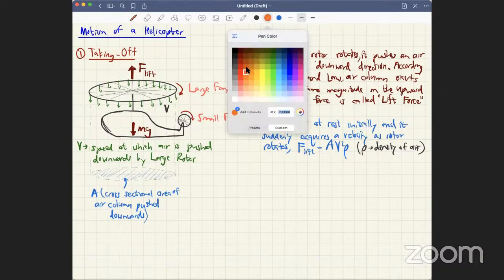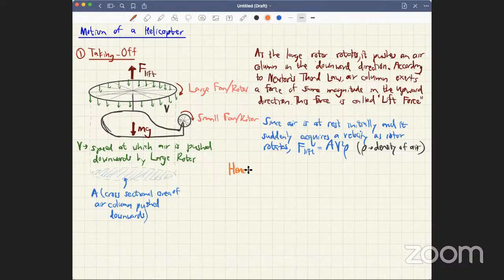Hence, they'll say, for the helicopter to just take off, what is the condition, tell me? If you want the helicopter to just take off, what is the condition? A helicopter is not going up, but it's getting ready to go up. It's almost at the verge of going up. What is the condition? Yes, very good. For the helicopter to just take off, the upward force must be equal to the downward